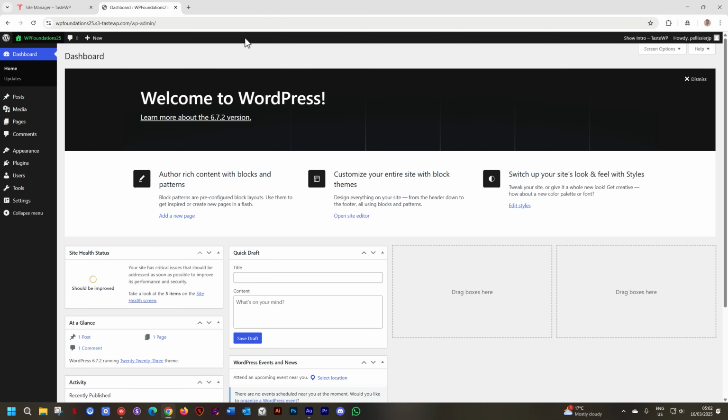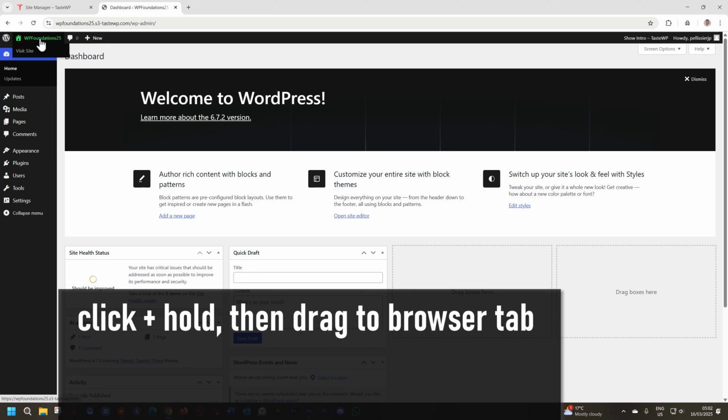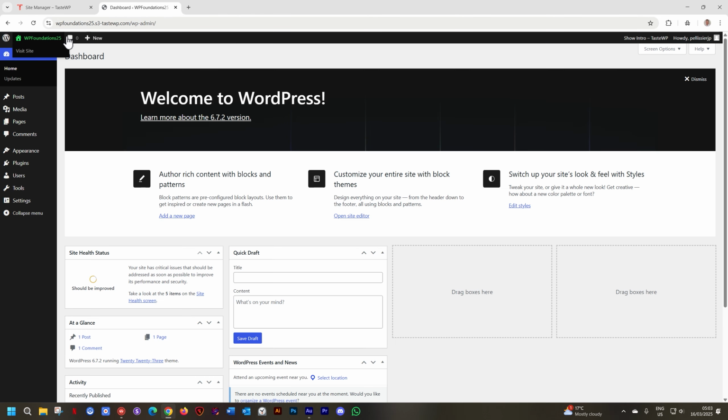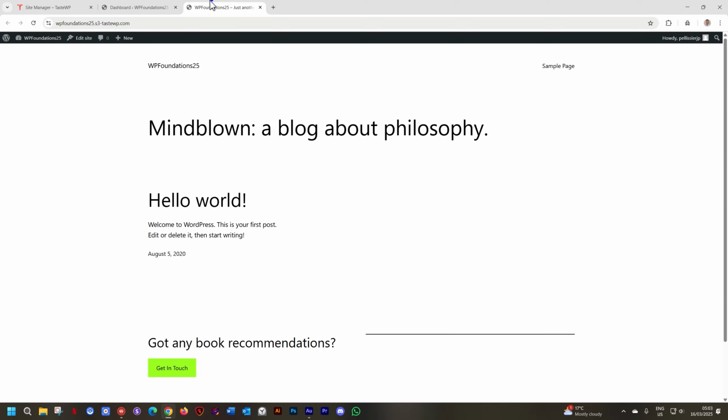And the third way is to go to any link on a page, click and hold, drag, and drop it there in the top. The reason I show you these 3 is because I just think they are cool and many people don't know it. This is a way you can open a link and keep the front end open, and then simply, if I Control-click again, you can just jump between these 2 tabs. Close this for now.